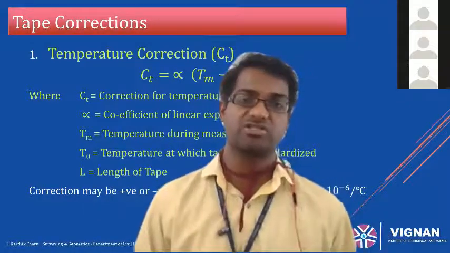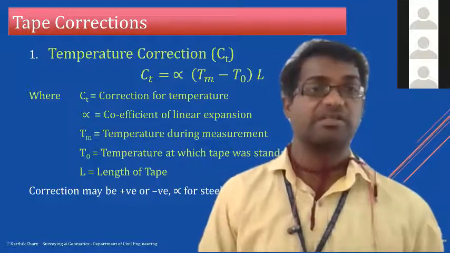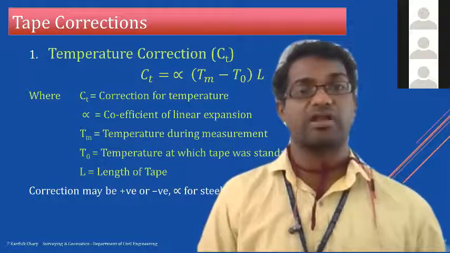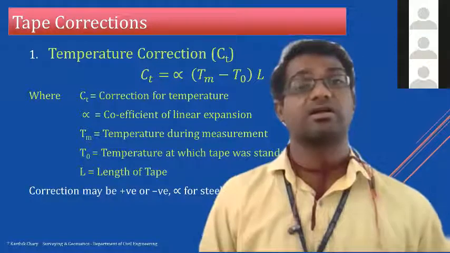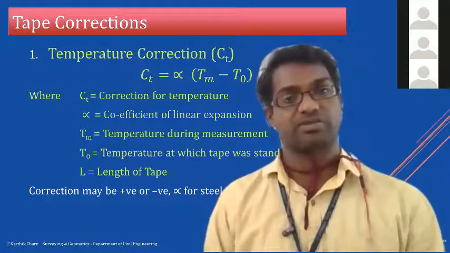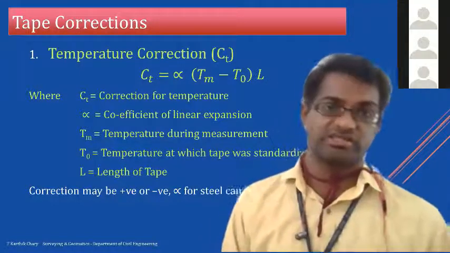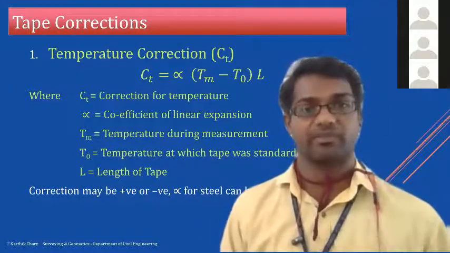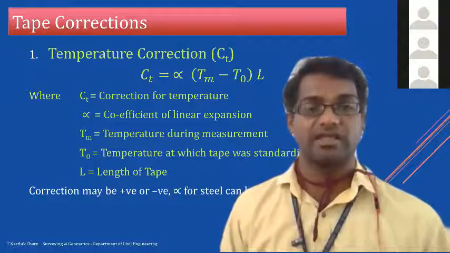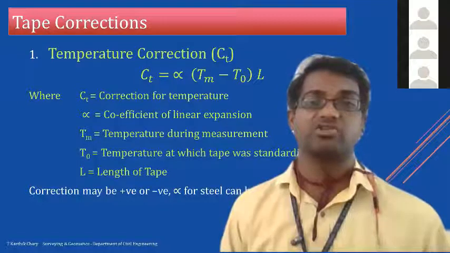When there is an increase in the temperature, your instrument tries to increase its original length, and when it decreases, so does the length. So we'll use the laws of physics. The change in length is given by L alpha T, right? Where L is the length, alpha is the thermal coefficient, and T is the change in temperature.